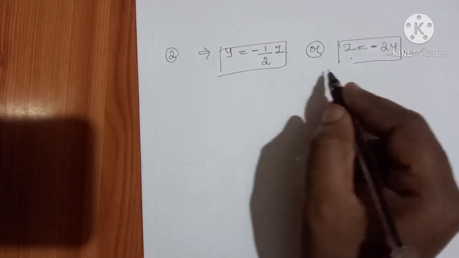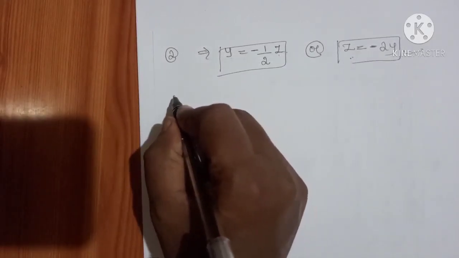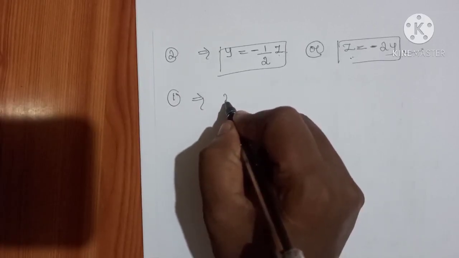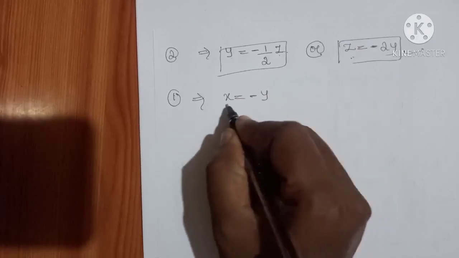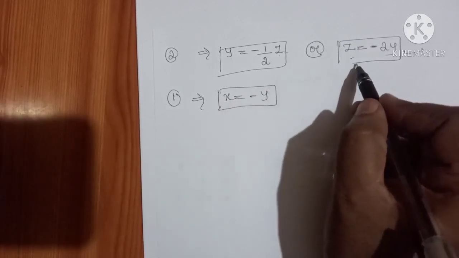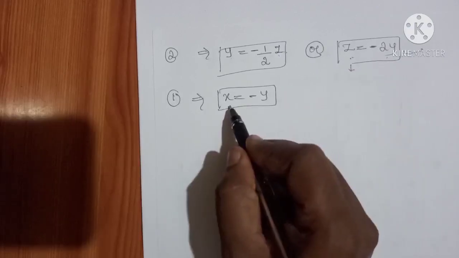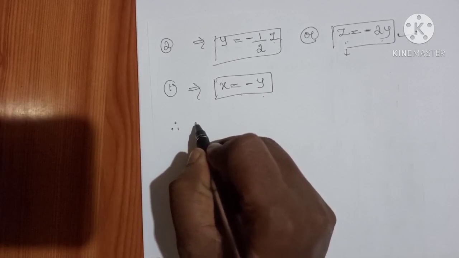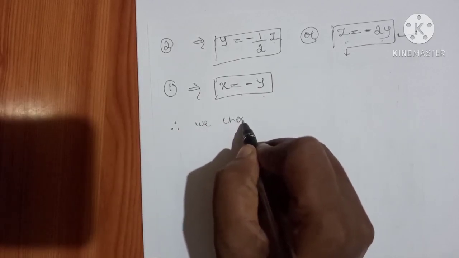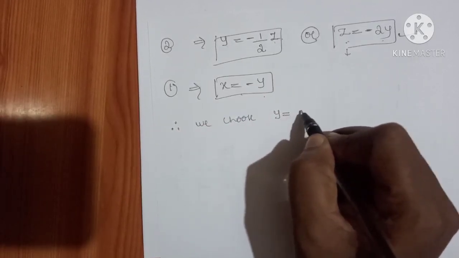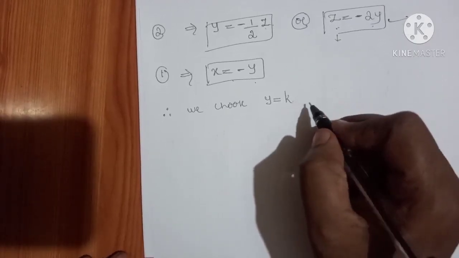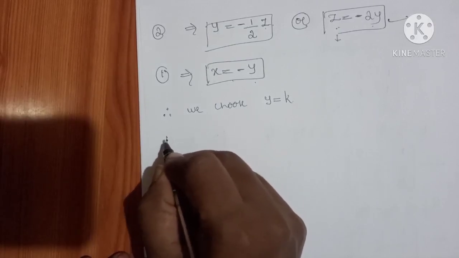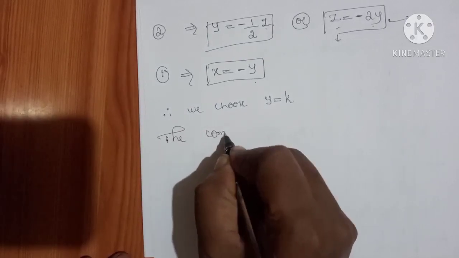Now z is equal to minus 2y, and also from equation 1 we have x plus y is equal to 0, therefore x can be written as minus y. Here you can observe that we got z in terms of y and x in terms of y. Therefore we choose y equals k as an arbitrary element. Therefore the complete solution is